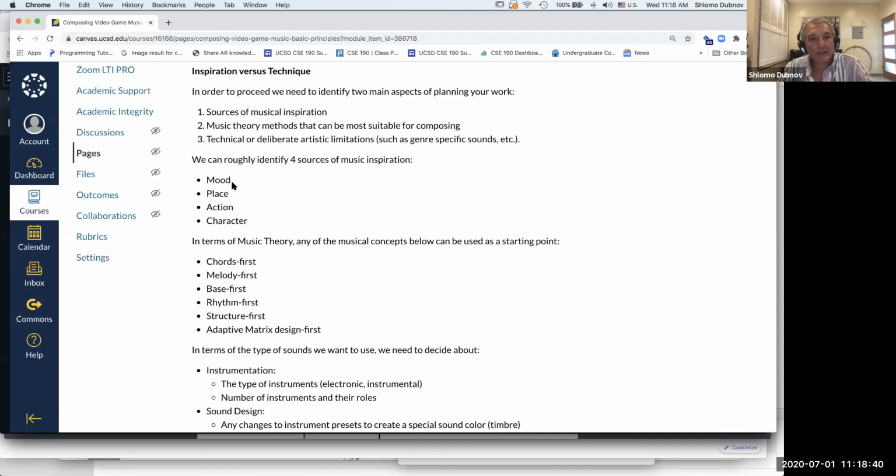So let's think about music at this point that does not include sound effects or recordings of actual outside sounds. If it's not representational, how do you create a certain mood? Well, the things that we'll talk about, chords, melody, bass, are components of music that allow you to change the mood of the piece.